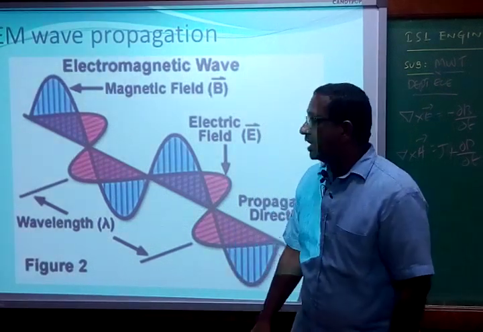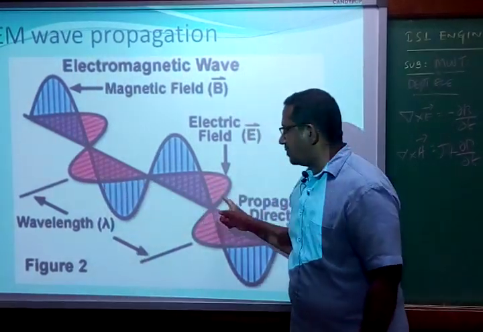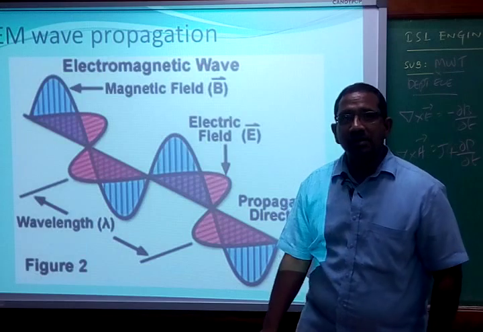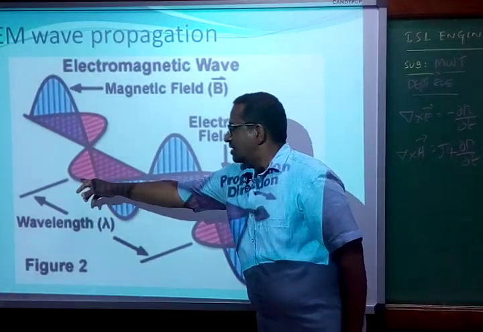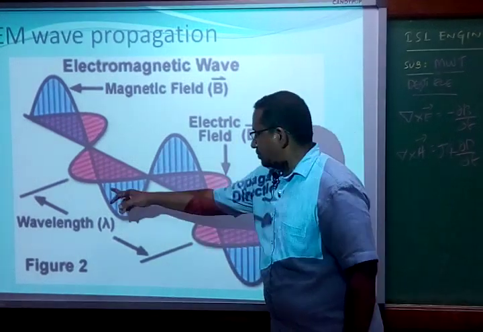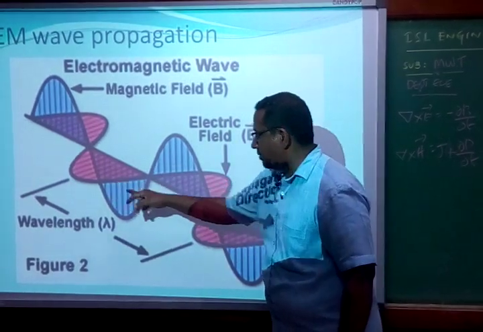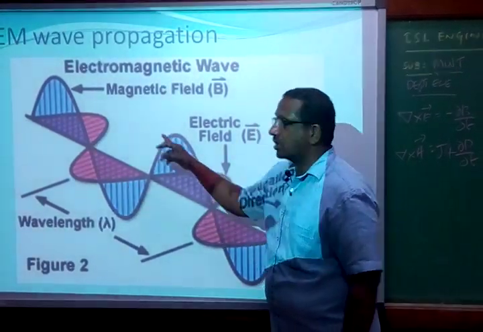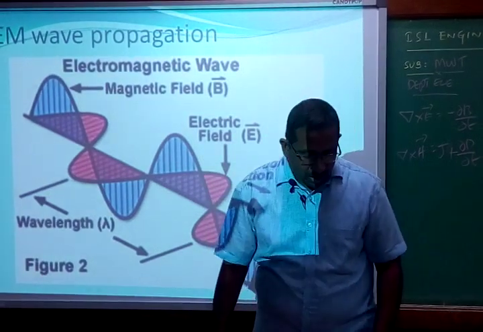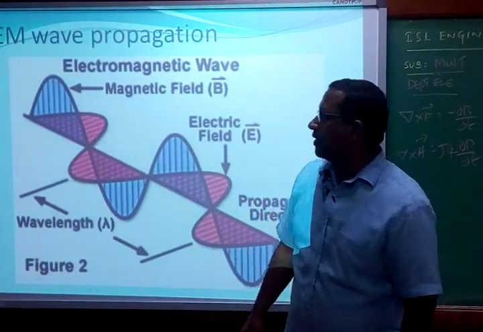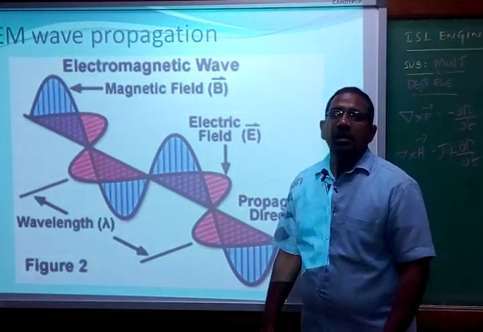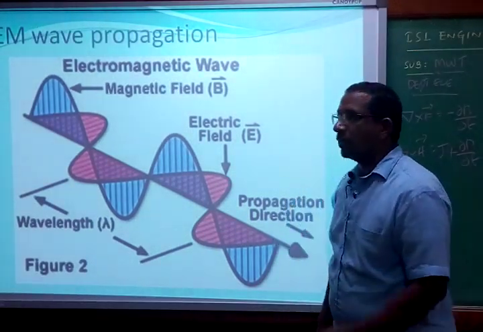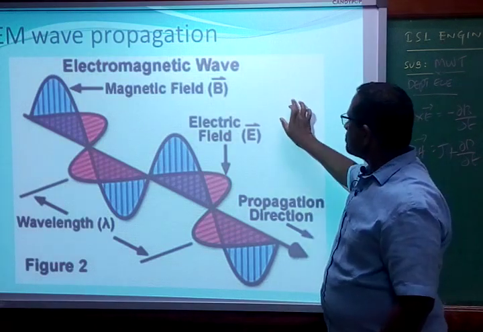What is wavelength? Wavelength is known as the distance traveled by a wave. So this is one peak, this is a crest. Between two crests, the distance traveled by a wave between two crests or two troughs is known as the wavelength. So we always find out the wavelength to process the signals of electromagnetic waves. Then next.